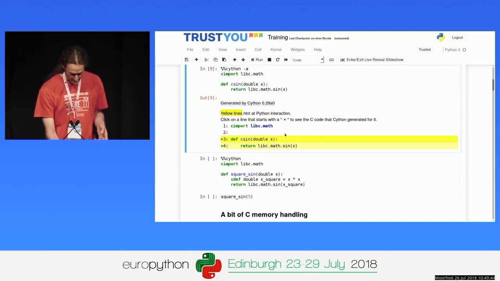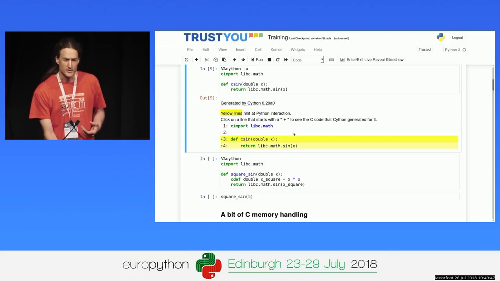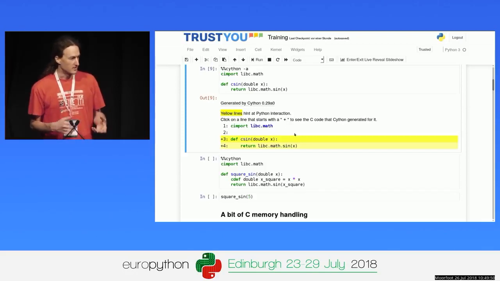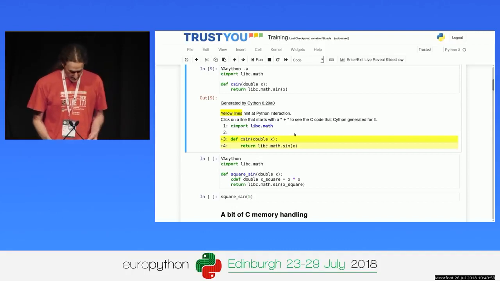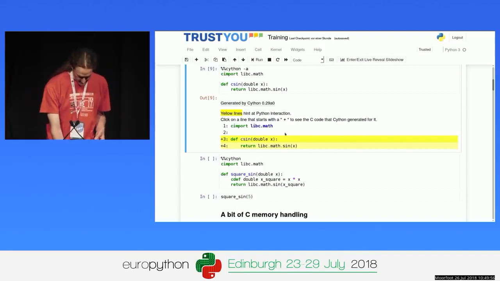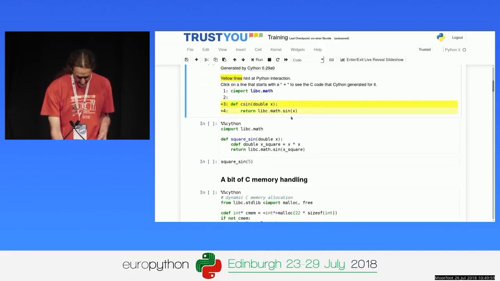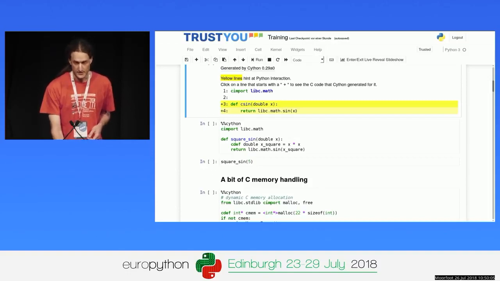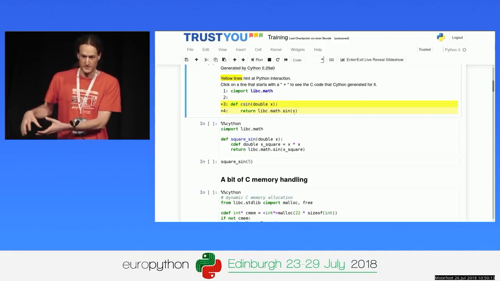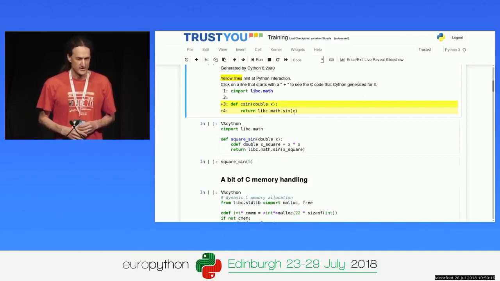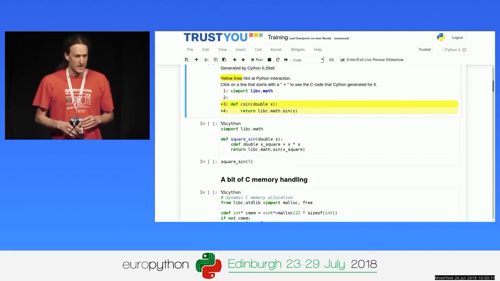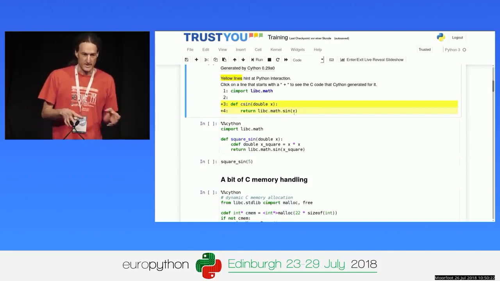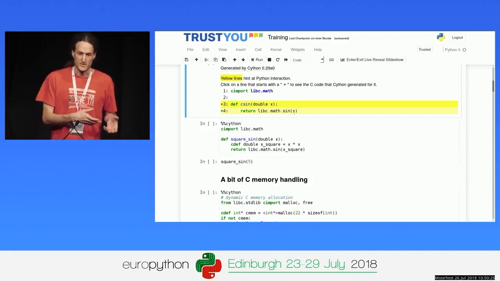So this is a nice way for me as a Cython user to understand what Cython is doing with my code, how it's interpreting it, what becomes of my code. You can see that there are a couple of yellow lines in here, and those yellow lines give me additional information. They tell me how many object operations there are in each of these lines, which is interesting when I want to start optimizing my code, when I want to drop it into C and make it faster there. Because every yellow line tells me there's some object operation going on, some exception handling, some error checking, so anything that uses interaction with the CPython runtime.